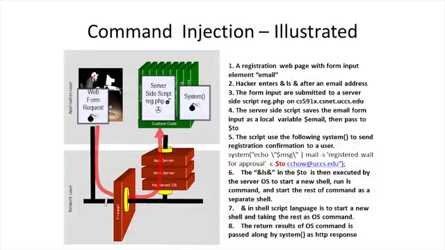Here we show the data flow of these web applications. First, a registration web page with the form input elements with the input element email. Second, the hacker enter & ls & after email address. Third, the phone input data are submitted to the server-side script reg.php on the server